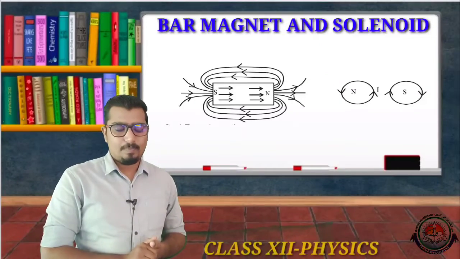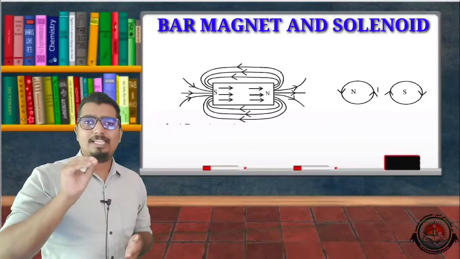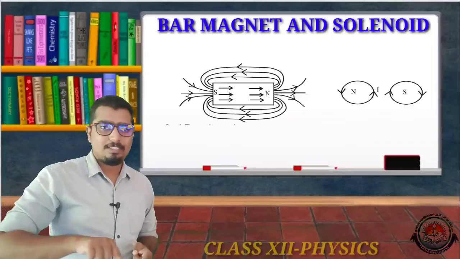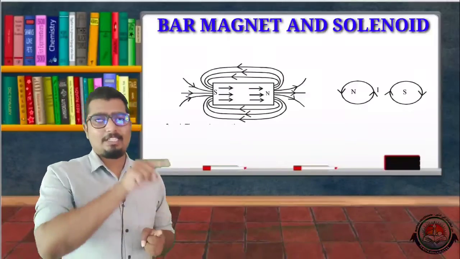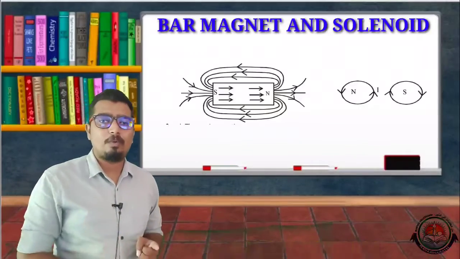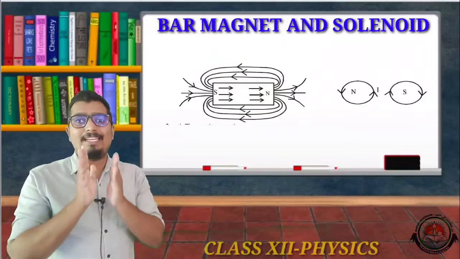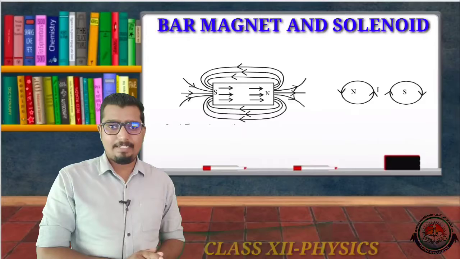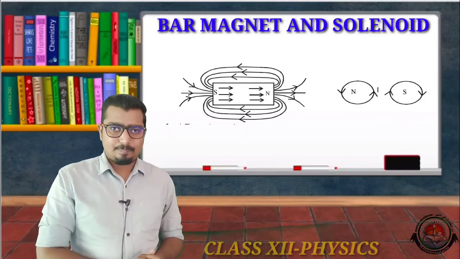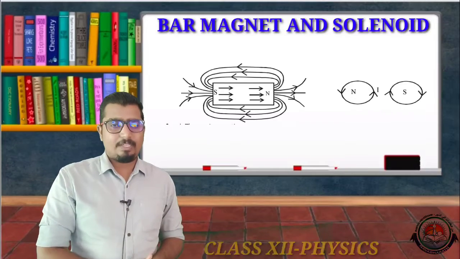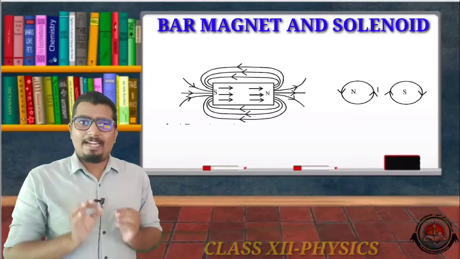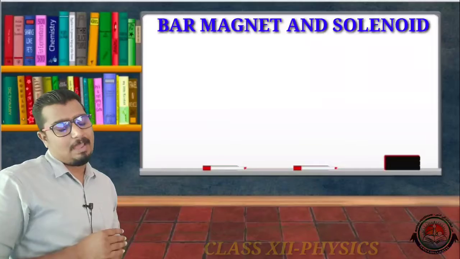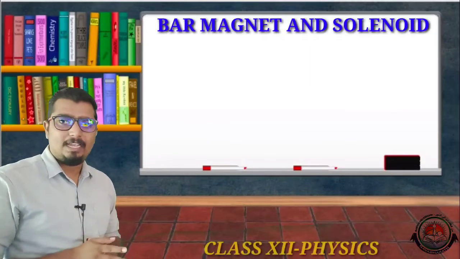If the current is passing through the solenoid in clockwise direction, that end is South Pole. Clear? If a current I flows through a solenoid having an area of cross section A